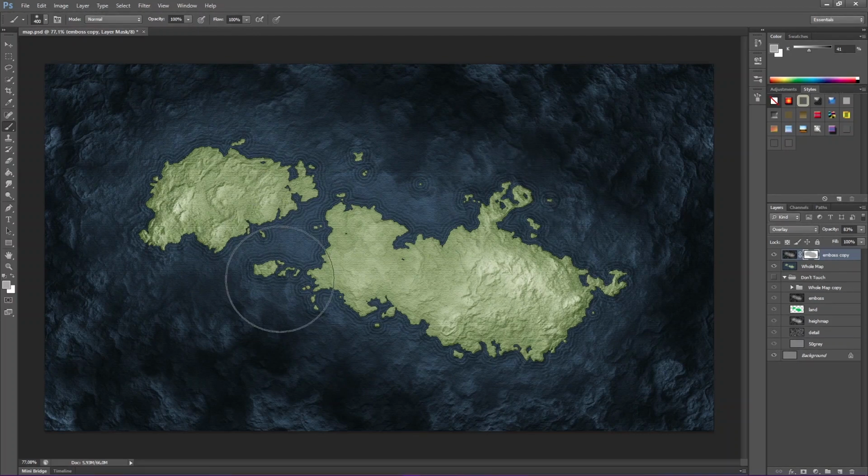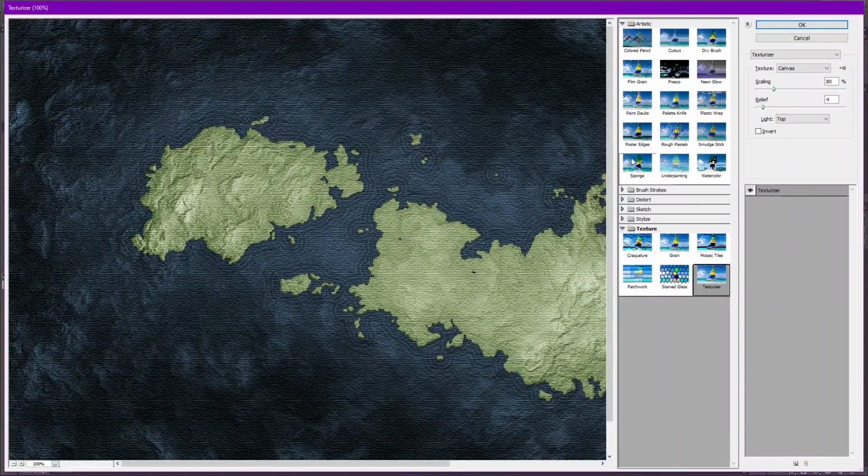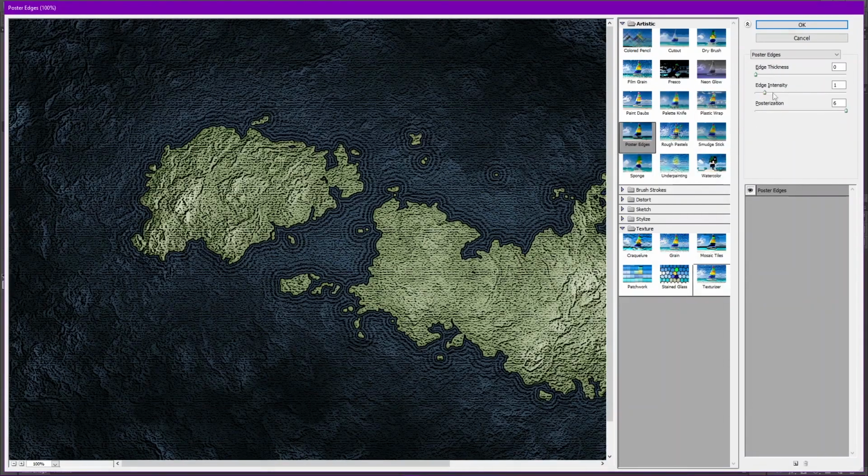But, I mean, you get the idea. Another nice thing to do is, let's say we like that, so we're going to crush those two together. I'm working quite quickly for the sake of this tutorial, but another thing to give it that more stylized look is I've got a copy of my image, and I'm going to my Filter, and I'm going to Artistic and Poster Edges. Poster Edges is a very intense stylization to give it. I like my posterization all the way up. Edge intensity 1, edge thickness practically nothing. You can play around with edge thickness, but you don't want too much.